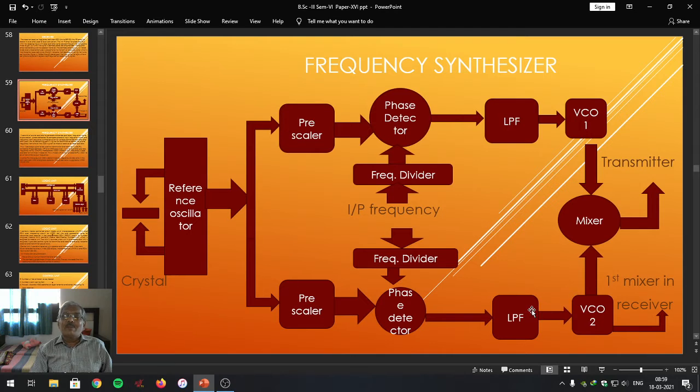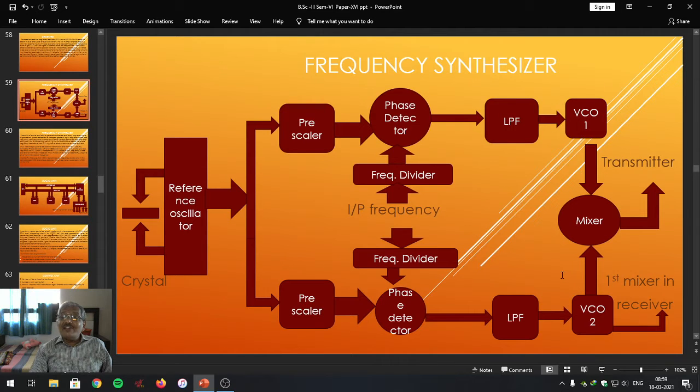The same blocks are there. You may call this PLL1 or you may call this PLL2. The fact is that the frequency divider network is used to set the frequency divider ratio. Depending on the setting of the frequency divider ratio, the comparison of both frequencies takes place. That is true for PLL1 as well as for PLL2. Accordingly,